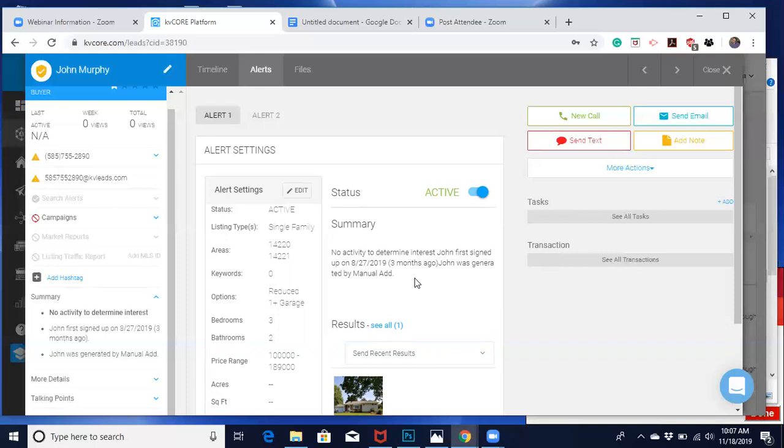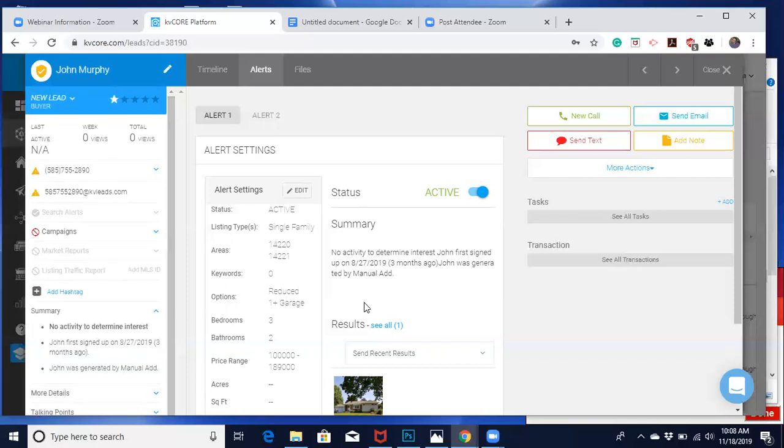Now, another thing about these alerts is if this lead were to come into your CRM from like a property you've shared, a property you have boosted, if they came in through your website and they logged in and reviewing properties, kvCORE will automatically read the properties that they were looking at initially, and they will add them to their details on the properties that they are viewing. So they will automatically be added to the listing alerts as a buyer lead, as someone interested